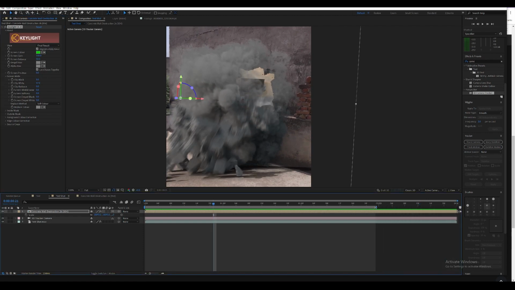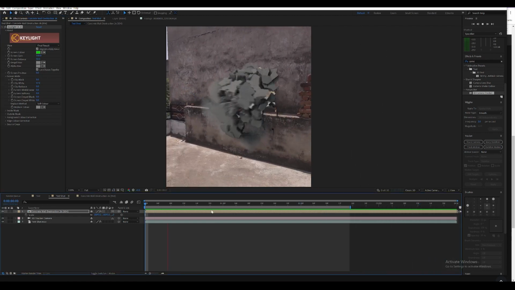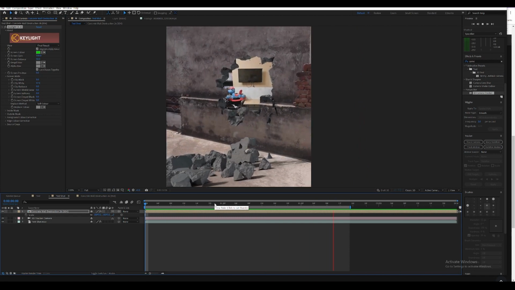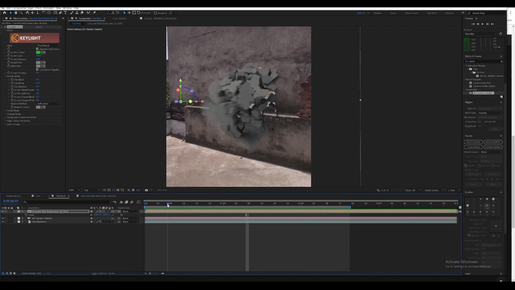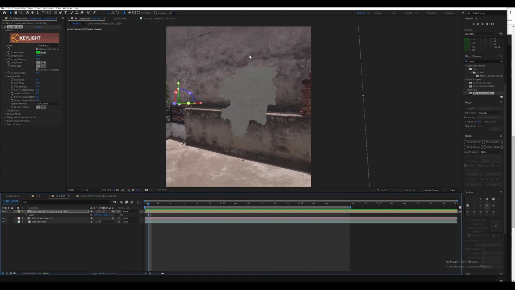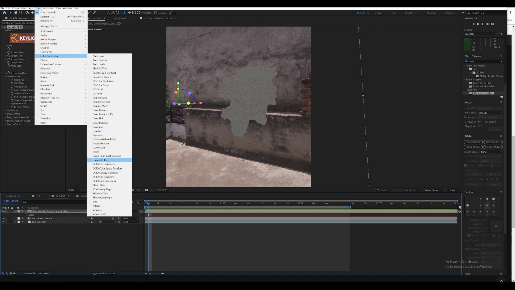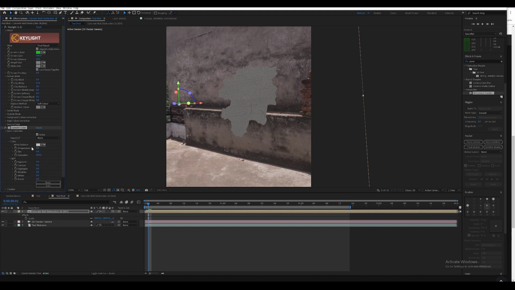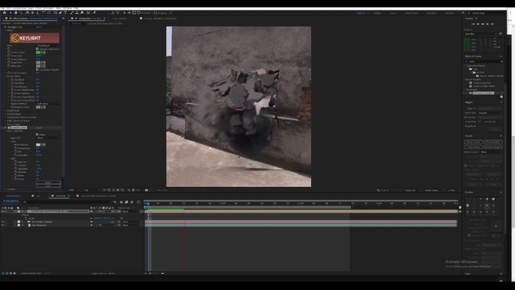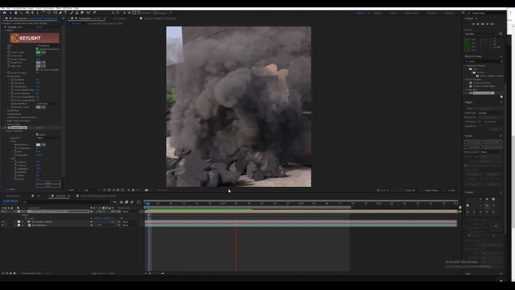Let me decrease the size of the ROM so we can run the COM faster. Okay, it's looking nice. Okay, the thing is that the key is not matching, so we need to match it a little bit. So go to the Lumetri color panel, and I think this looks good. Okay,